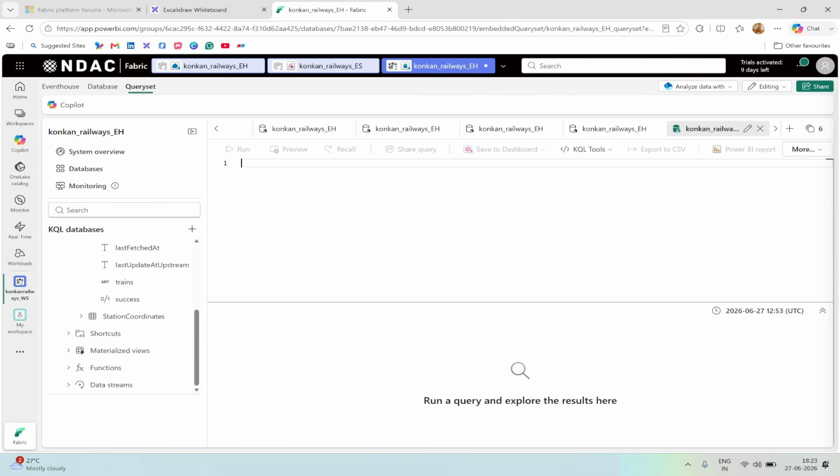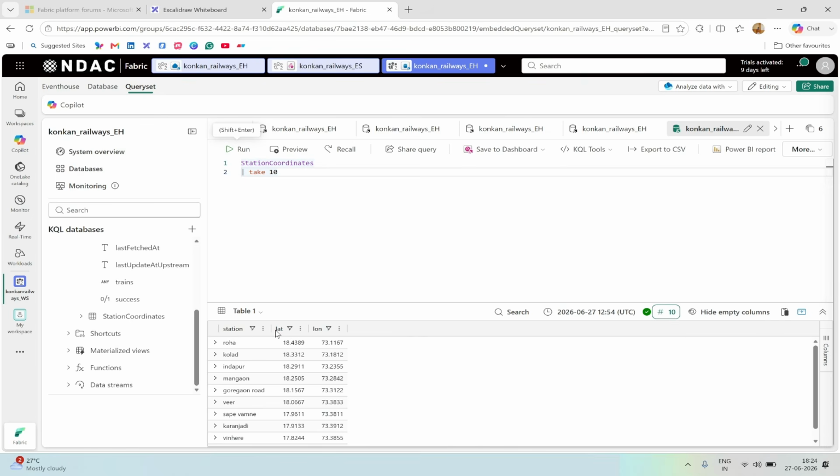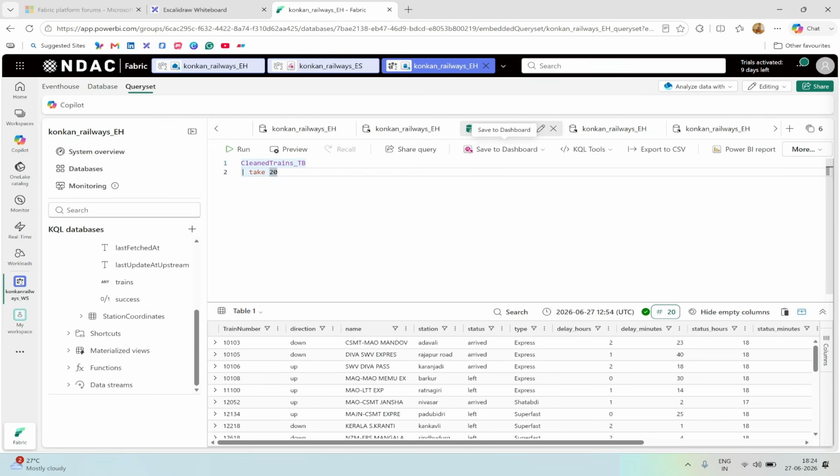Let me see how the data looks like. Take 10. Okay, let me run it. See, station name, latitude, longitude. Fine. Now what we will do? Let me go to this query set. Now let's start building the